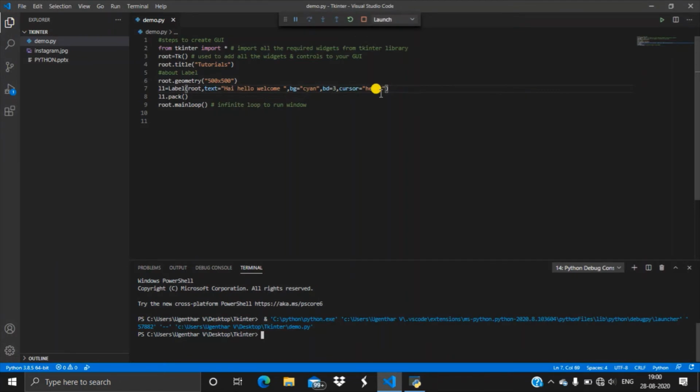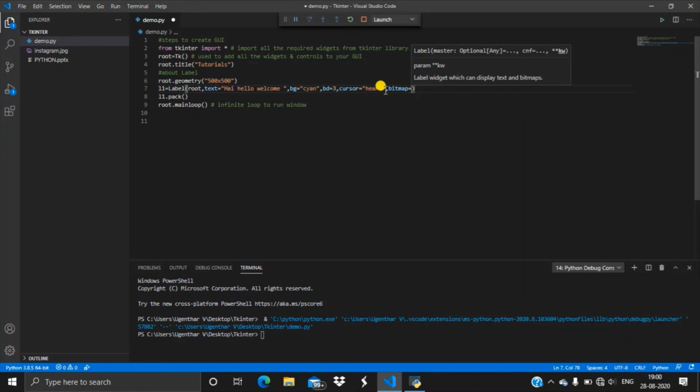Let me move to another option, bitmap. We have already seen how to add an icon to the tkinter window, using iconbitmap and giving the .ico file to it, right? Now let me give bitmap for the label.